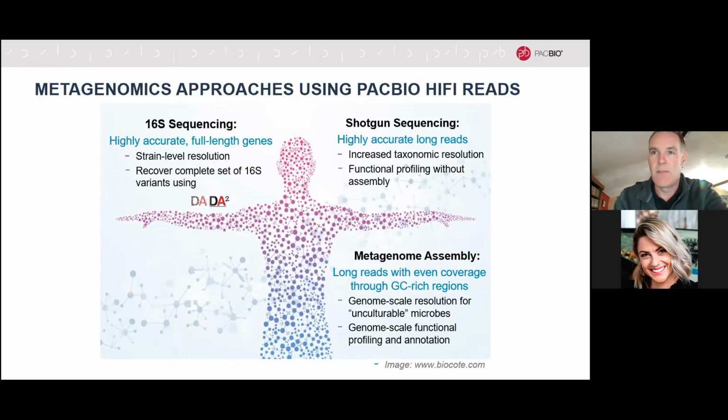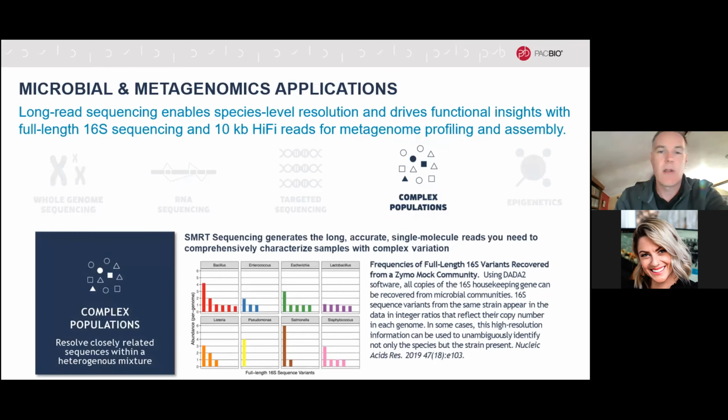And this is also very, very useful for species that aren't culturable and can't be purified very easily. So you can actually get reference genome sequences for these very, very difficult to work with species using these sorts of approaches. So, okay, I think some of these next slides will probably just reiterate what I've said to you already, but